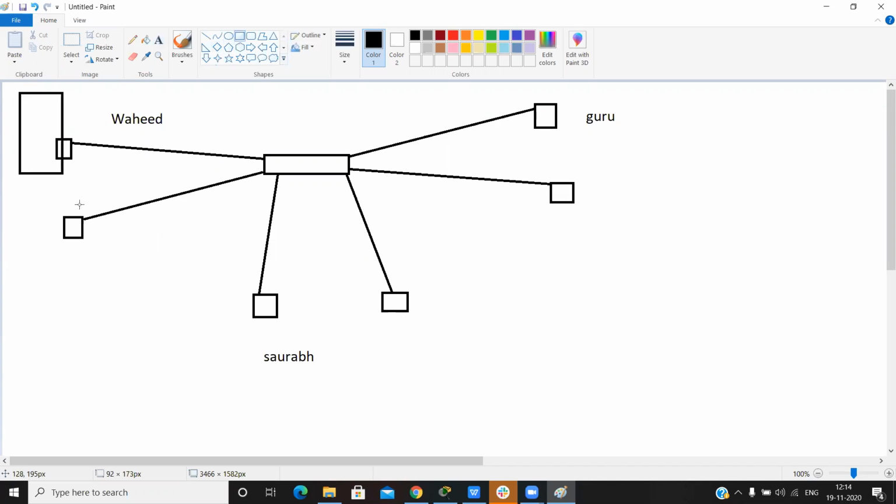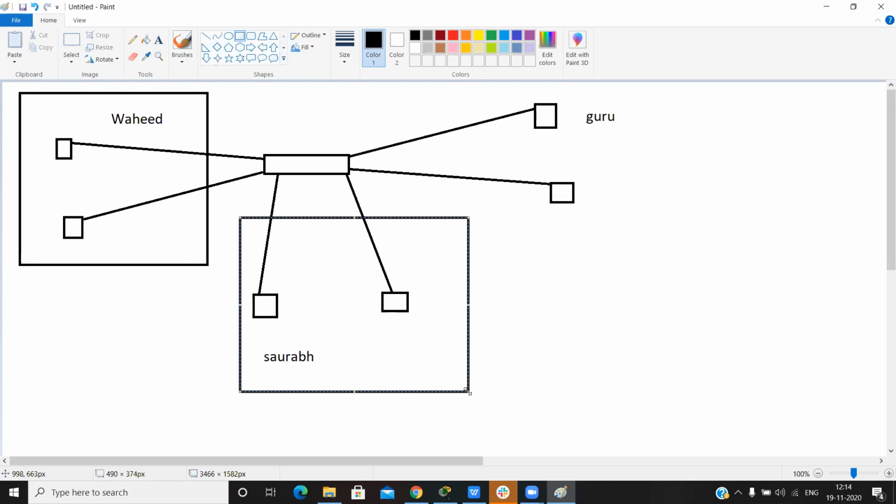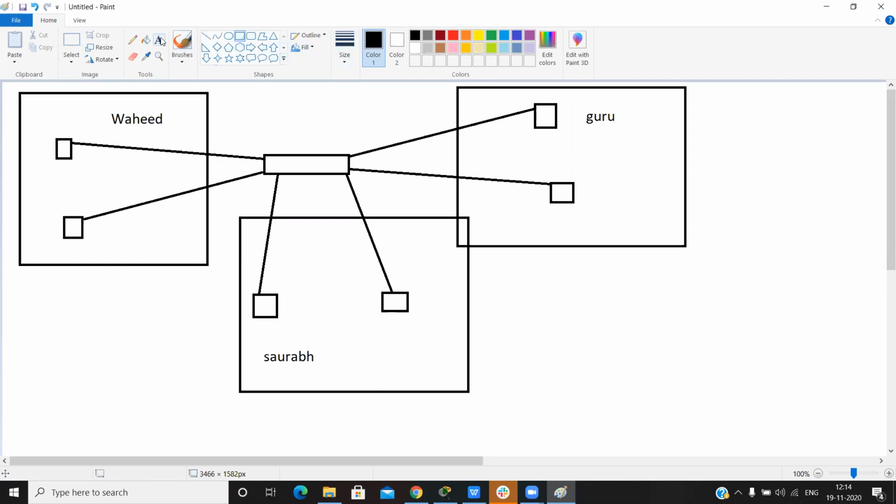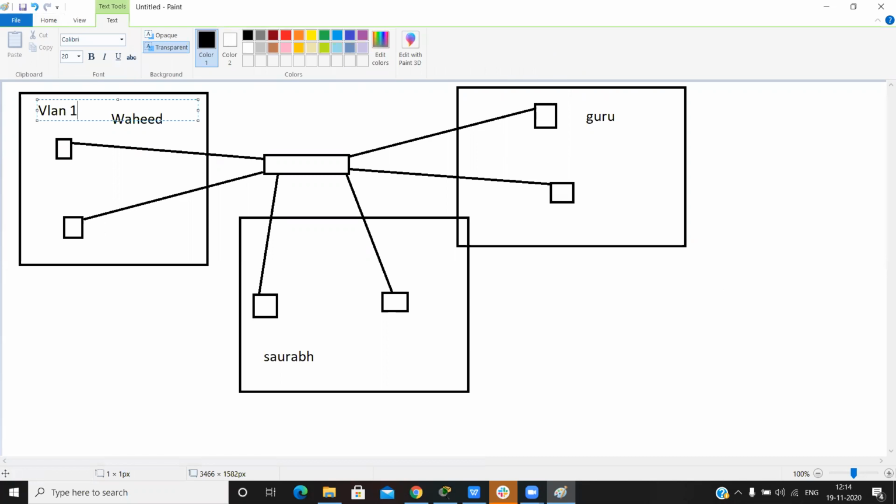Suppose we create one VLAN, one more VLAN, and one more VLAN: for Wahid VLAN 10, for Saurabh VLAN 20, and for Guru VLAN 30.